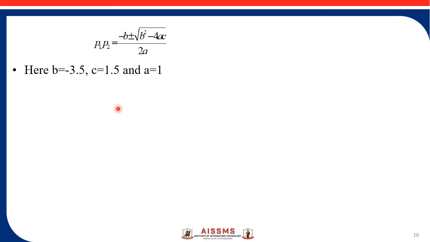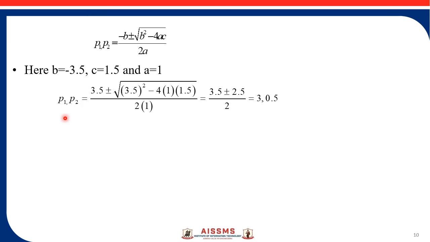Now, as we know that the denominator is a quadratic equation, we can find the roots of this quadratic equation using this formula. In that quadratic equation, b is minus 3.5, c is 1.5 and a is 1. So I will get the roots of the denominator as 3 and 0.5. So let us rewrite the equation again. H of z upon z is equal to 3z minus 4 upon z minus 3 into z minus 0.5. As we have found the roots, we can write down the factors directly.